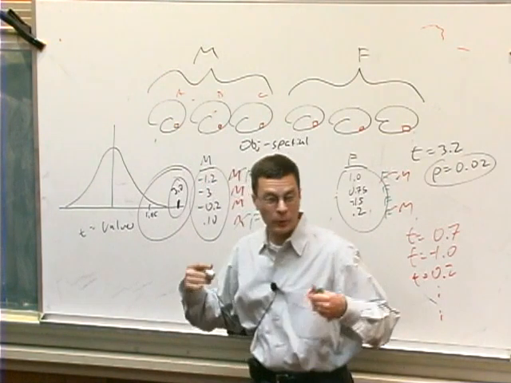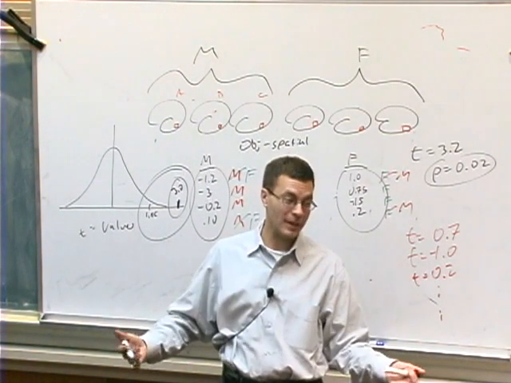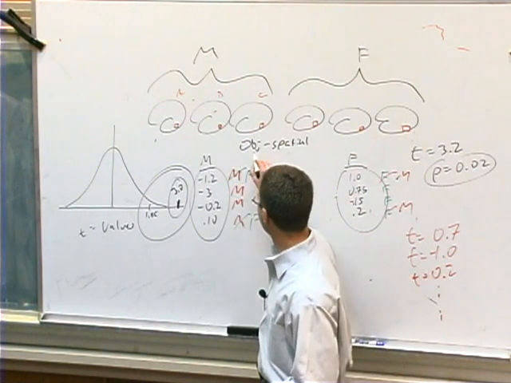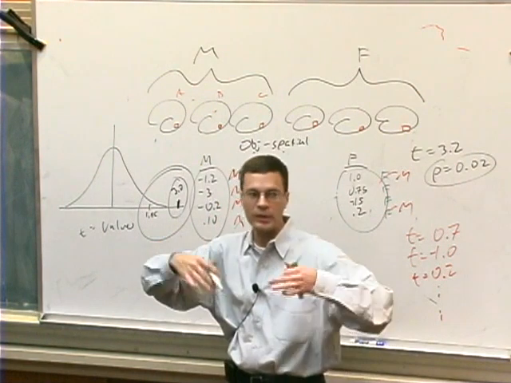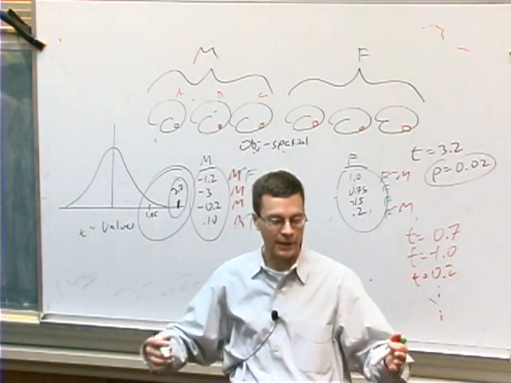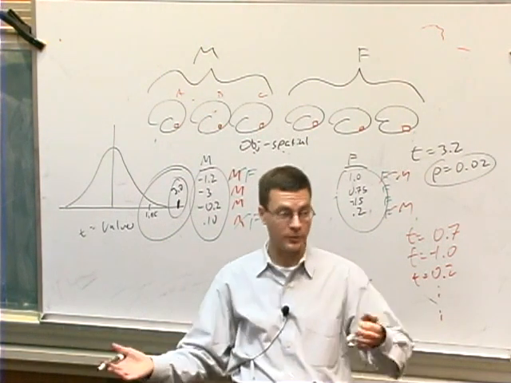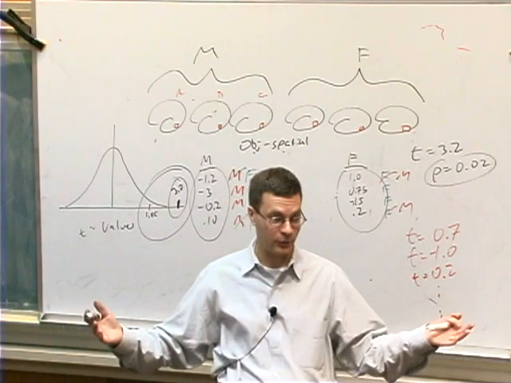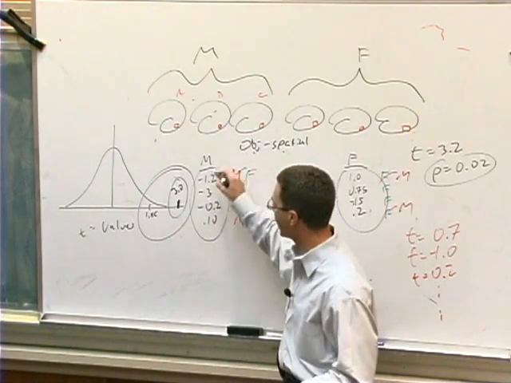Okay, if there really was no difference between object and spatial, it really wouldn't matter if I set the contrast up as object minus spatial or spatial minus object, right? Because if there really is no true difference between those, the expectation of the difference between the two would be 0. So whether it's spatial minus object or object minus spatial, the average of all that effect should be 0 anyway.